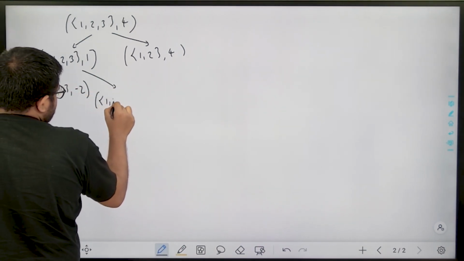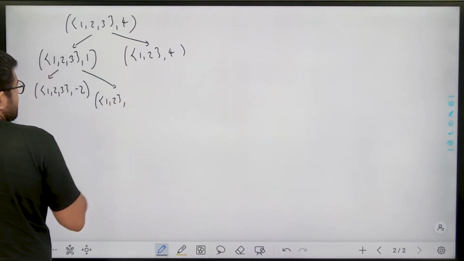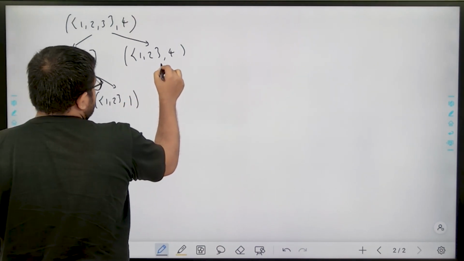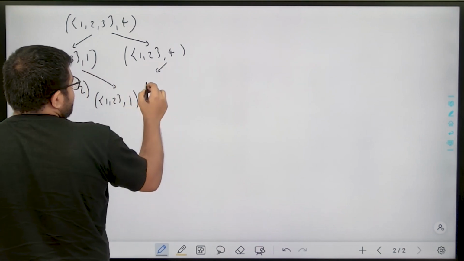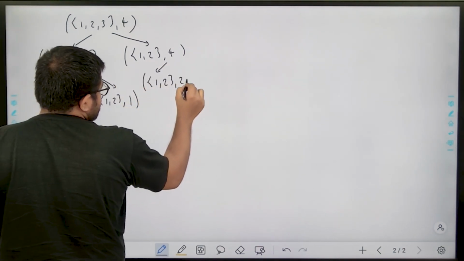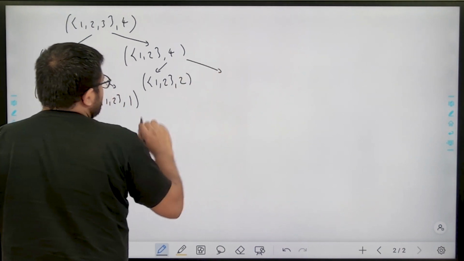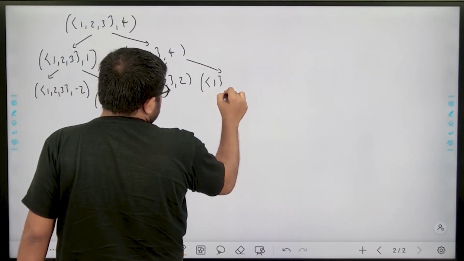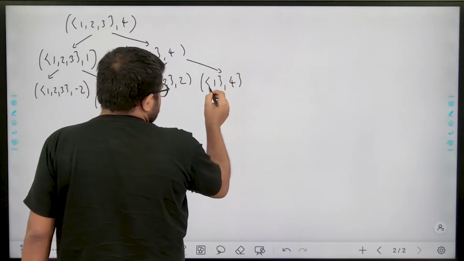So if I do not pick it, then the remaining set is 1, 2 and the sum remains 1 only. Similarly here I decide to pick 2, so if I select 2, in the next step also I can select it and the remaining sum is 2, or I decide not to pick it. If I decide not to pick it, the remaining sum is 4 only, and now the set available